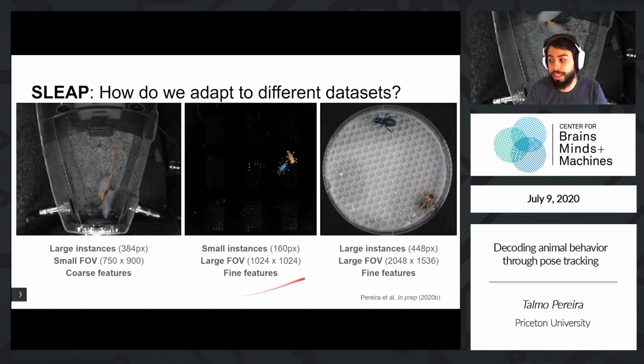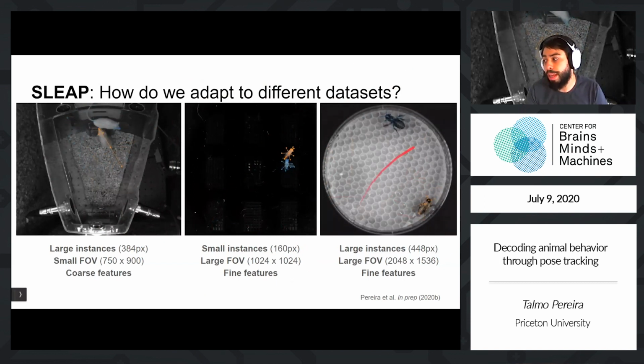So in this case, we want to have as much resolution as possible, but we want to be able to ignore the background as much as possible as well. And contrast, and then the hardest case being where we have very large instances, very large fields of view, and yet still very fine features like these antennae and these beaks. So how are we going to go about dealing with all these different scenarios? Well,